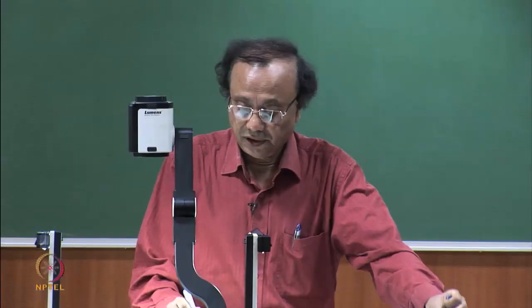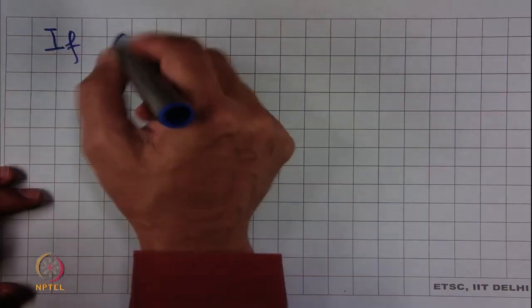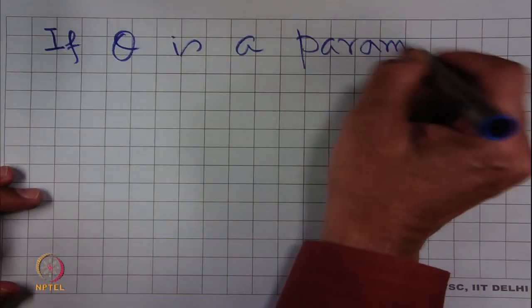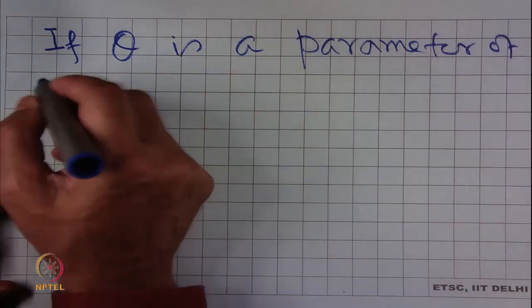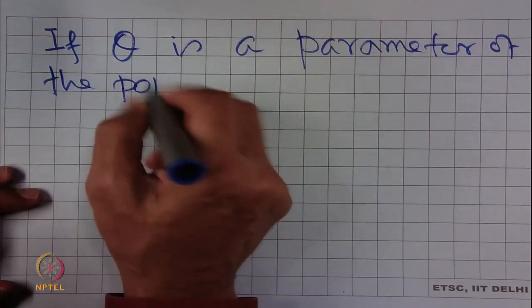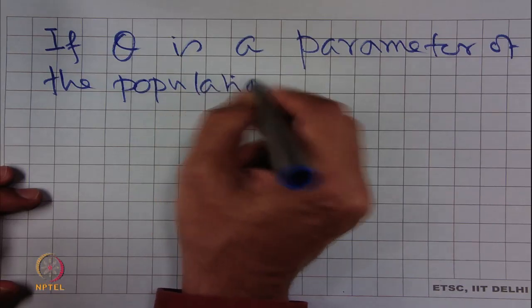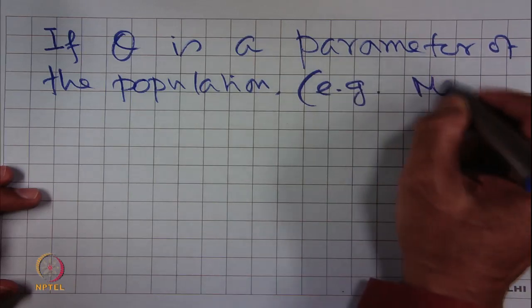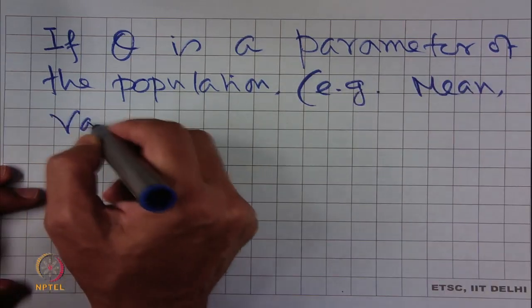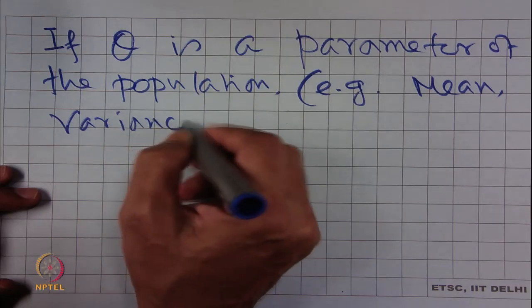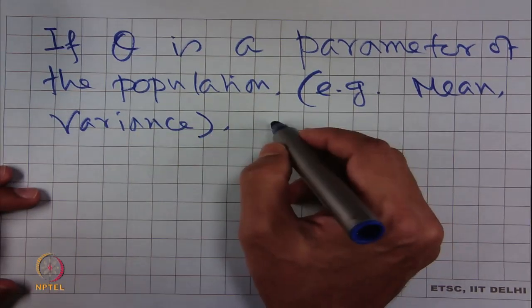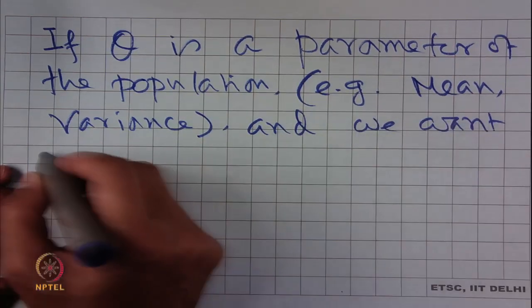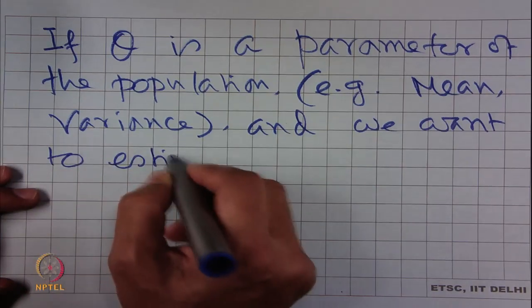So, if theta is a parameter of the population, such as mean, variance, and we want to estimate the value of theta,